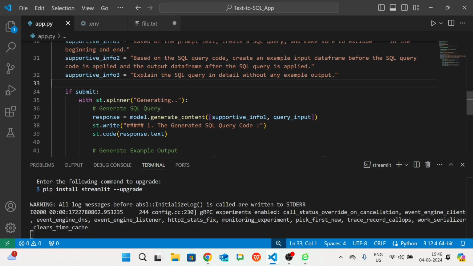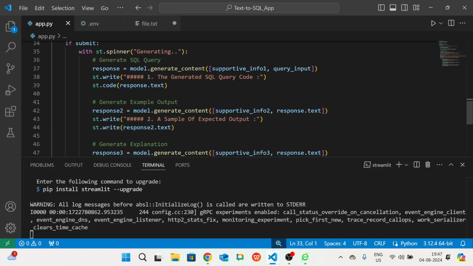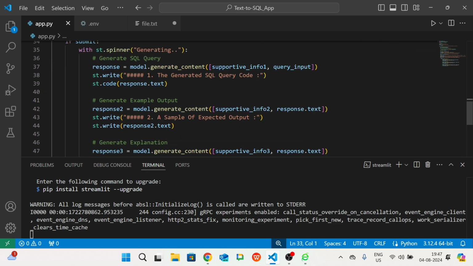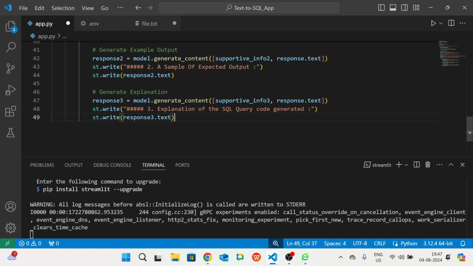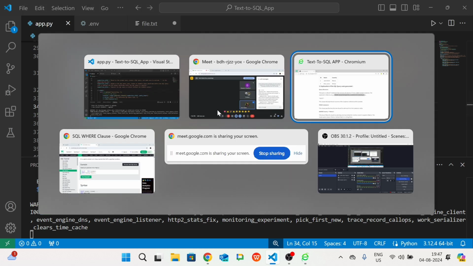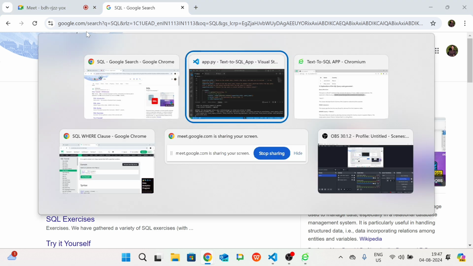So let's move further. Now we have come at the end, and that's a very simple thing that we are doing from the last all the application. That is, after submitting, what things need to be done. See now, after submitting, if you just hit the submit button, what things need to be done. So if the submit button is clicked, the following steps are executed within a spinner. Spinner means what do you mean by spinner? Indicating the progress.